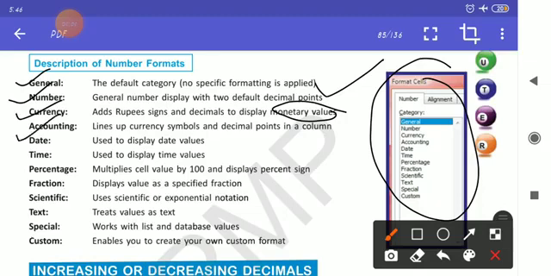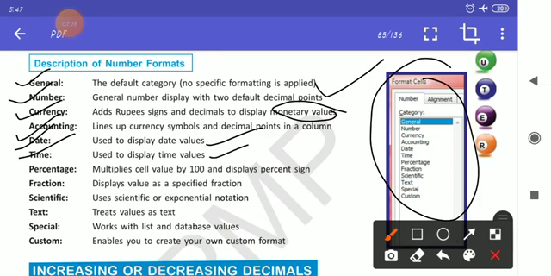Now next, Accounting. Lines up currency symbols and decimal points in a column. Date, again used to display date values. Time, used to display time values.